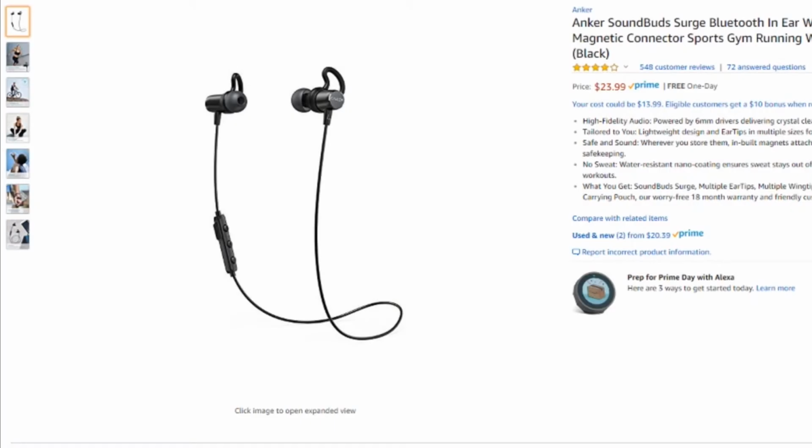The first item we have up is the Anker Sound Buds Surge. Now, Anker makes some of my favorite Bluetooth headphones for good reason. They don't cost an arm and a leg, and they're built really well, and they sound pretty good. You really can't do better than a pair of Anker Bluetooth headphones for this price, and these Sound Buds Surge